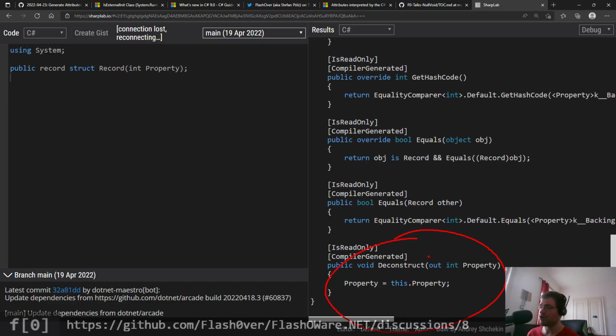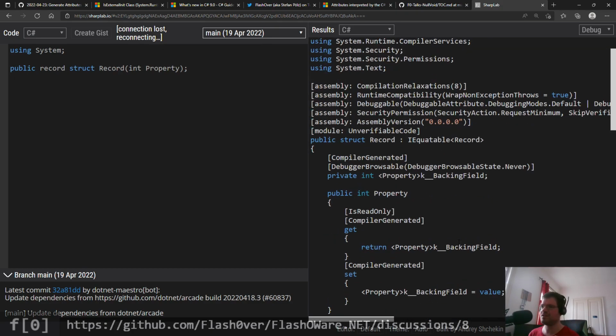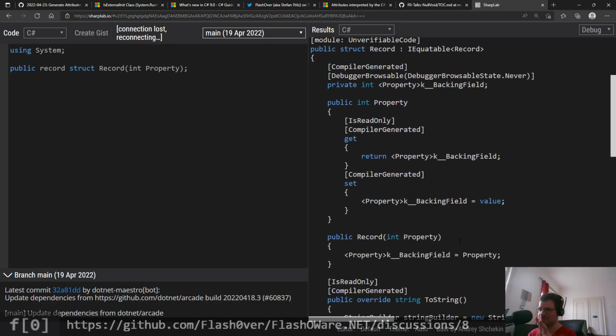And deconstruction works. So that's very similar, but the difference is that it's a struct rather than a class, and also that the property has a setter. So this is not an init-only setter. However, we could turn this into a